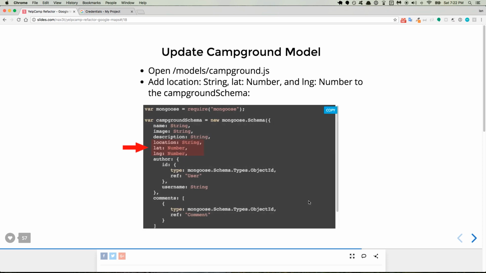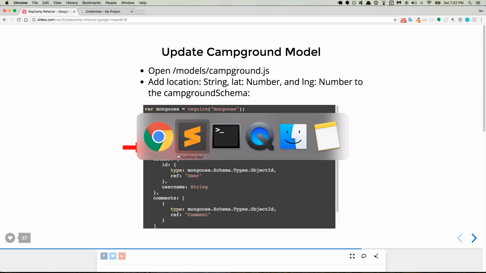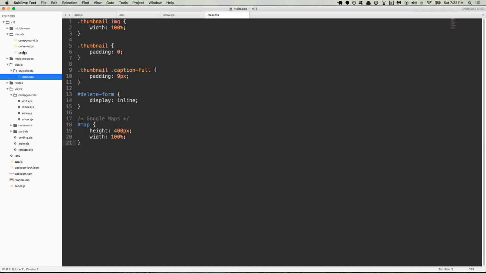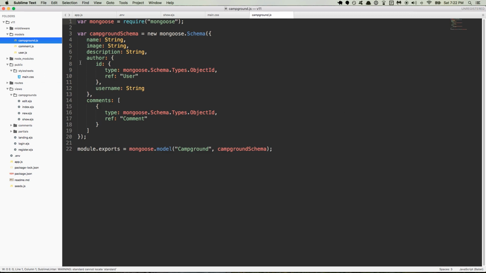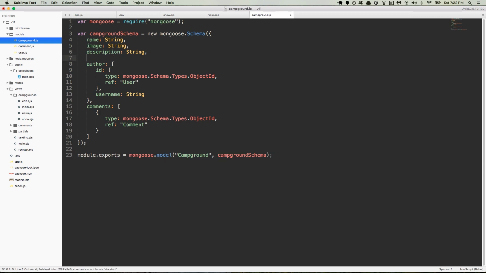Okay, so now what we want to do is update the campground model. So you're going to open up models, campground.js, and you're going to add location as a string, and lat for latitude and lng for longitude as numbers. I think they could be strings too, it doesn't really matter, but the tutorial says numbers, so we'll go ahead and do that. So location, lat, lng, we'll go over here, models, campground, and then right beneath description, we'll do